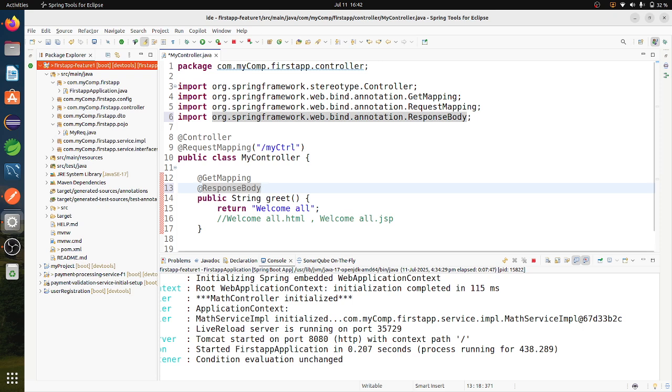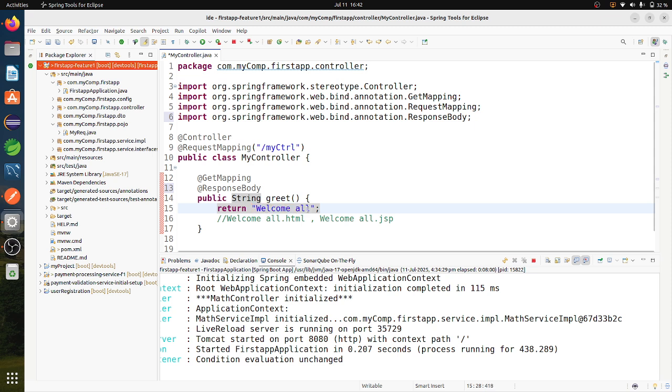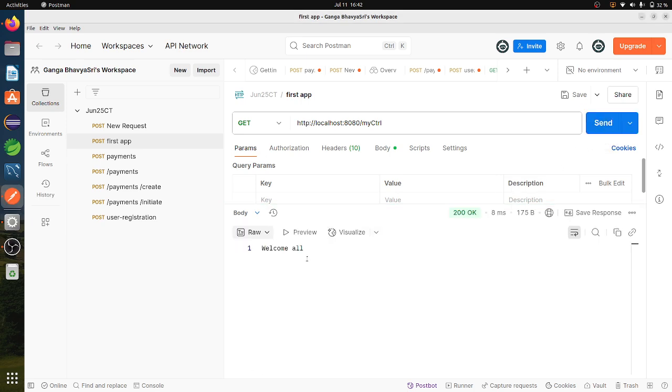As soon as I use @ResponseBody, whatever type I mention here, only that type will be returned. First I'll run this one, then I'll change that one also. Now it is working. Why?